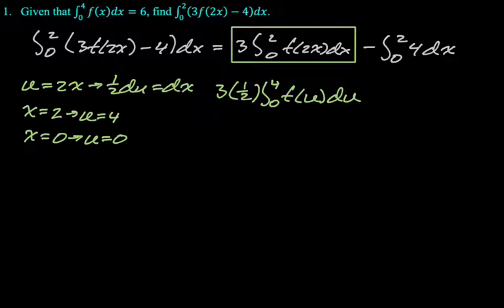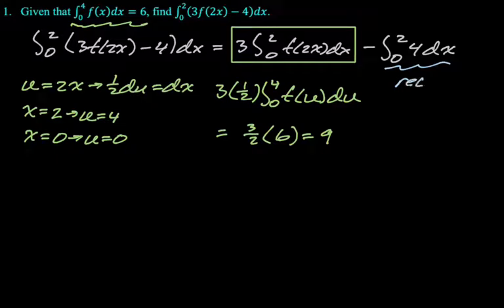So we're told that the integral from 0 to 4 is 6, and so we have 3/2 of 6. So that's 3 times 3, which is 9. Now I already said that I'm going to think of the second integral as just a rectangle. You could draw it if you need to, but it just has a height of 4 and a base of 2. So this is a rectangle that is 2 by 4, and so that means that this area is going